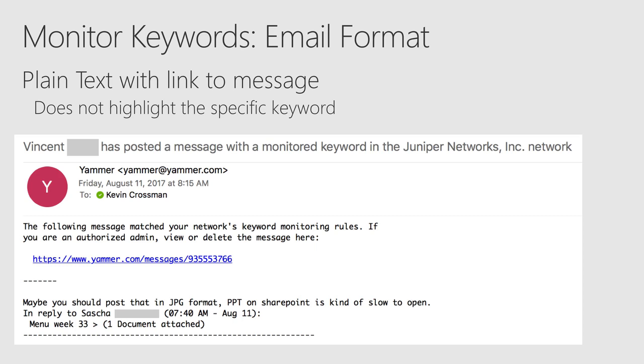This is what that email looks like. Now, unlike the other one, this is not a nicely formatted email, but it does allow me to quickly click into the message, and you can see here, this was the post from that Dutch office that mentioned SharePoint. And so I was like, I wonder what that's about. I clicked in and saw what was going on. So that's why that particular message was flagged for me, because they were talking about SharePoint. And since I'm the service owner for SharePoint, I was engaging with them.